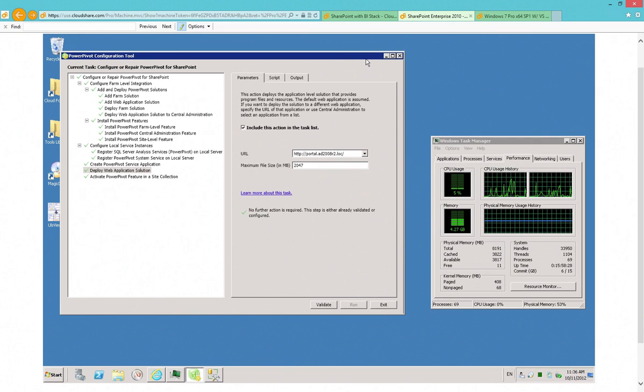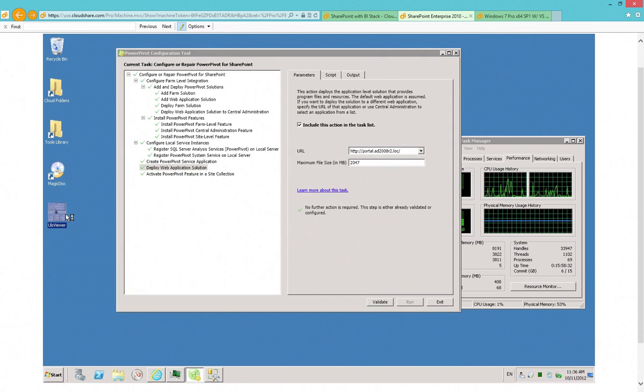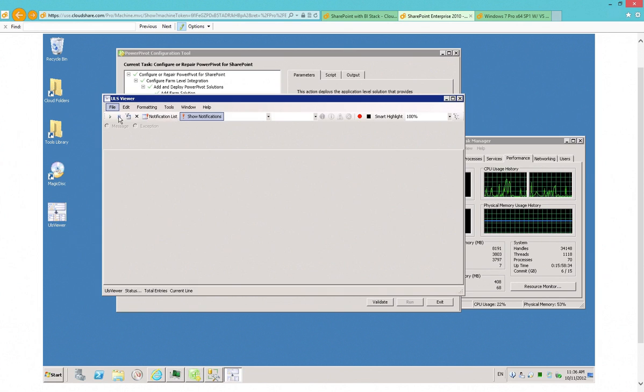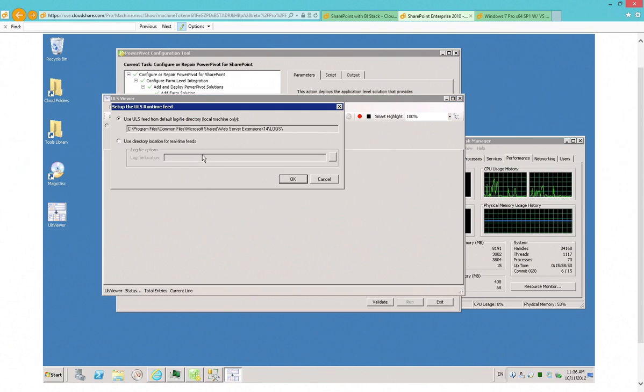Let's see if I've got it on here. I'm pretty sure I set it up. A tool called the ULS Viewer. And this ULS Viewer is available from MSDN. Just go on any search engine, type in MSDN and ULS, and you'll find this thing. It's just an executable. I drop it on the desktop, and you can run it by saying File, Open from ULS, and the ULS